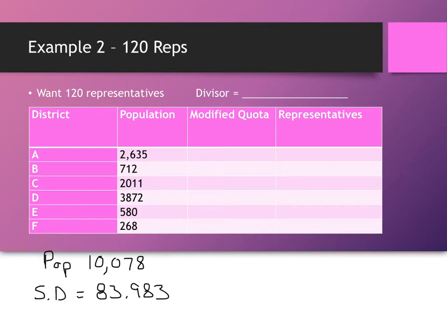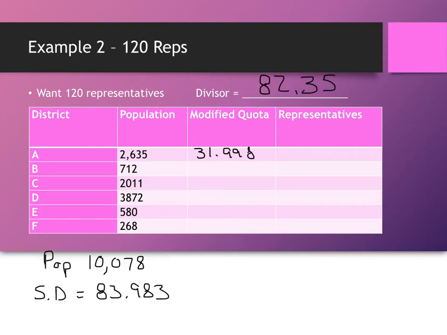All right, so hopefully you pushed pause on this. Now, this one is a very difficult one to try to get the divisor for, and that's partly the reason I picked it, because you kind of have to hone in on some things. Now, I came up with a divisor of 82.35 that would work, okay? And if I did my division, I got